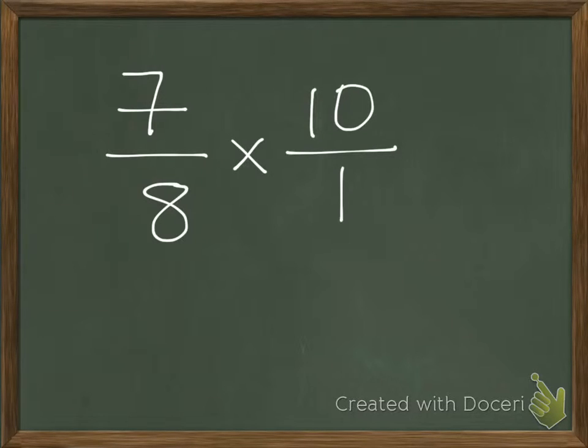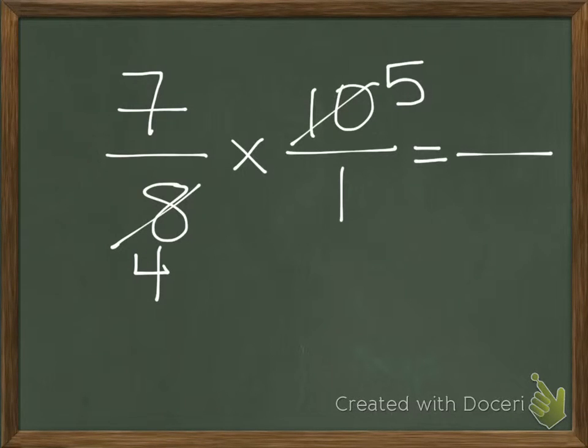So here's what I'm going to do. I'm going to do what we call cross cancel, because I see a common factor with 10 and 8. Both of them are even, which means I can divide both of them by 2. 10 divided by 2 is 5. 8 divided by 2 is 4. And now what I have here is 7 times 5, which is 35. 4 times 1 is 4. So then I'm left with